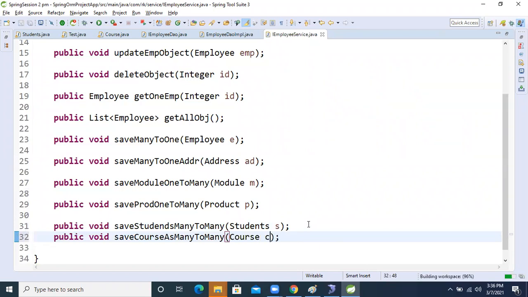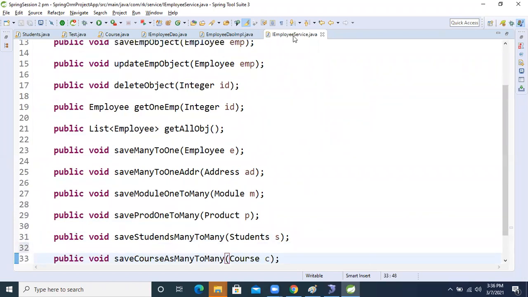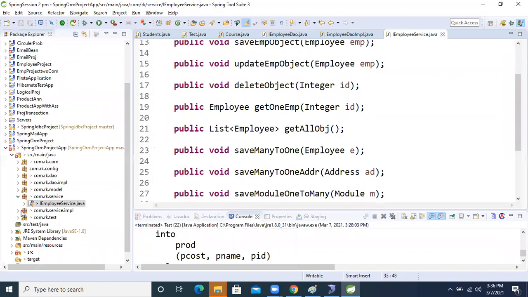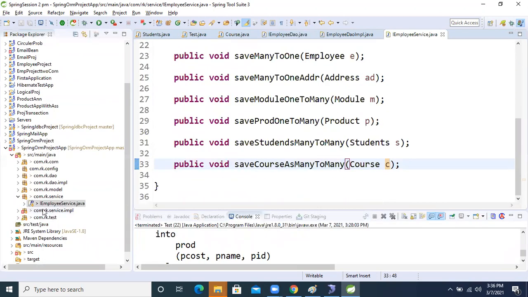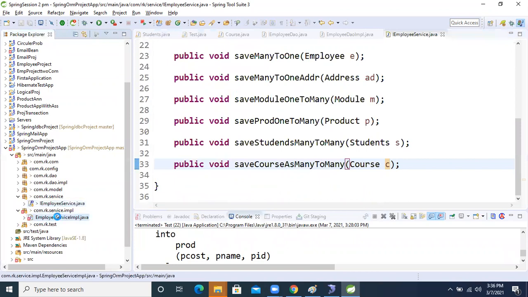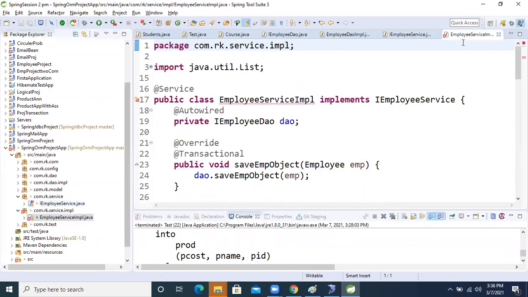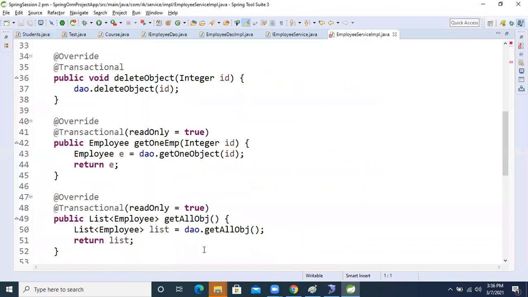Now, if we want to use this abstract method, where will we go? Its implementation class. We will override that method there.